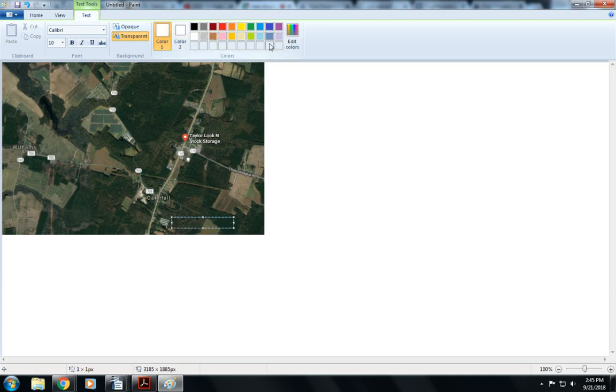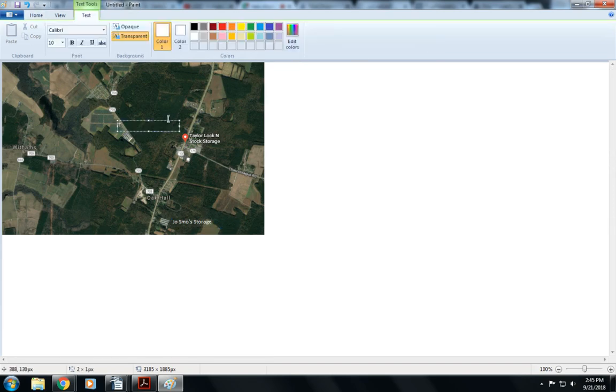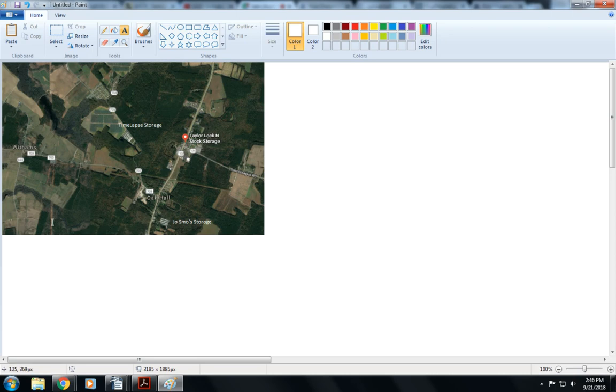let's get it a color that we'll actually be able to see. Joe Schmo's Storage. And this one up here is Time-Lapse Storage, right? And so this way, even if Google doesn't provide me with what I'm looking for, I can locate these, and sometimes I'll use one of these guys or something and just draw that in to highlight it. You know, it's nothing fancy, you just put a star to locate it, and then this is our subject property. It happened to be shown up here. If it wasn't, you maybe use a different star, red, and